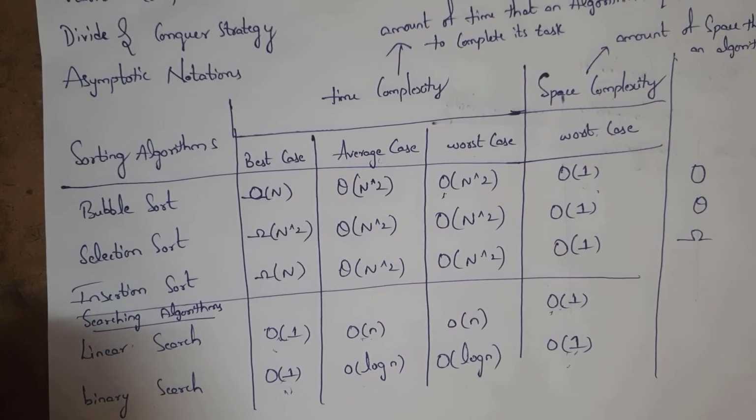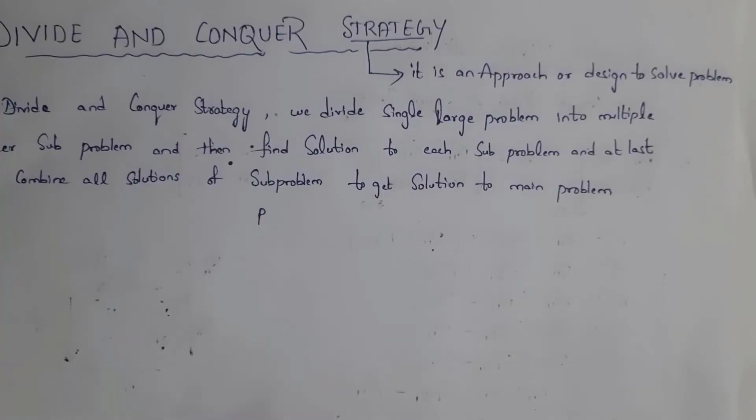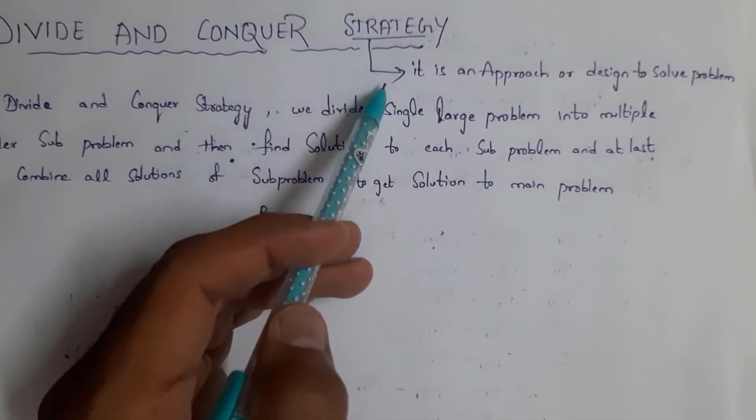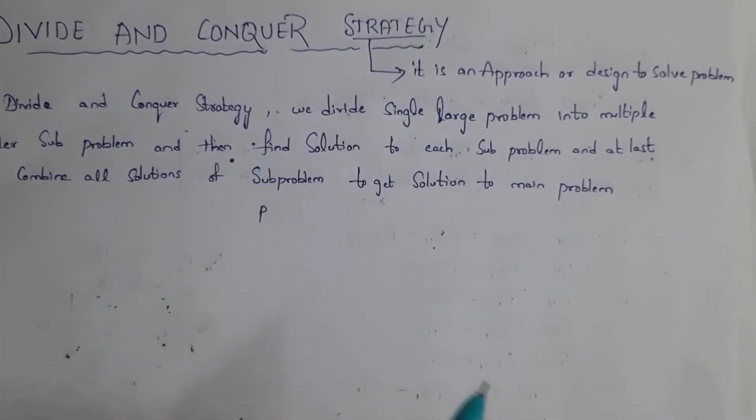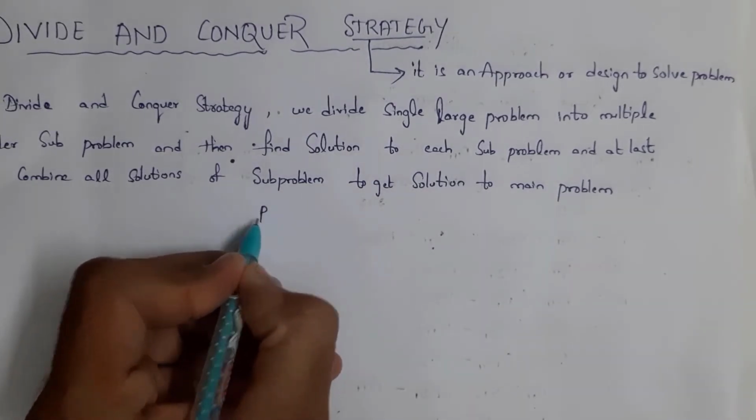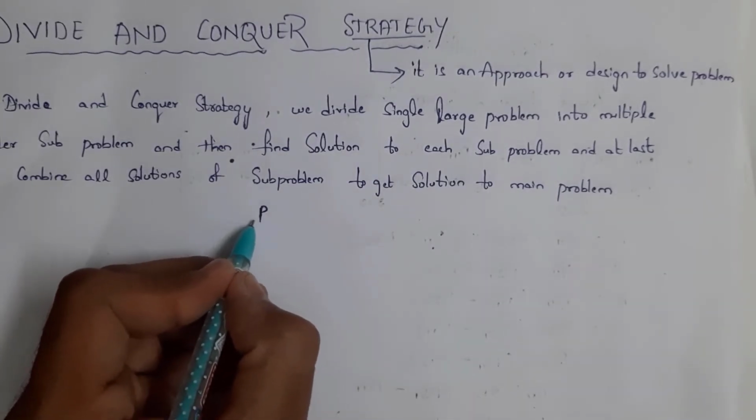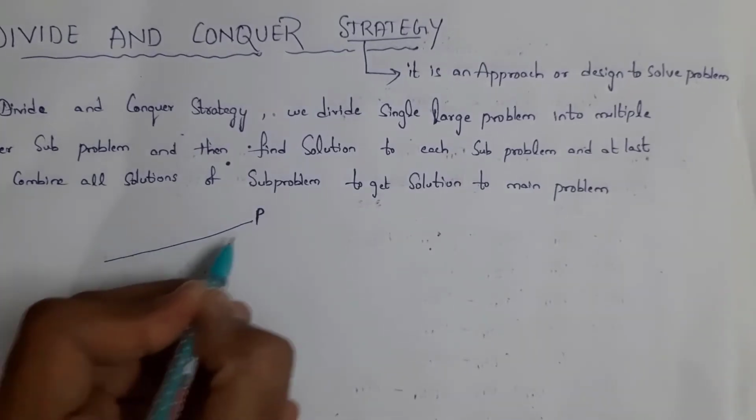Next topic is divide and conquer strategy. What is the meaning of strategy? Meaning of strategy is nothing but an approach or design to solve a particular problem. For example, if there is a problem, in divide and conquer strategy, we will break down this problem into